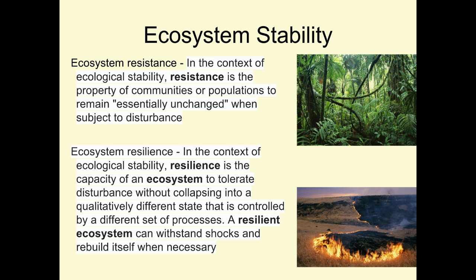This also goes along with the concept of r strategists and k strategists. Here, in ecosystems that get wiped out often, the organisms go with more of a boom or bust type reproductive system. Right? They're more of an r strategist reproductive system. So the grasslands are r strategists for the most part.